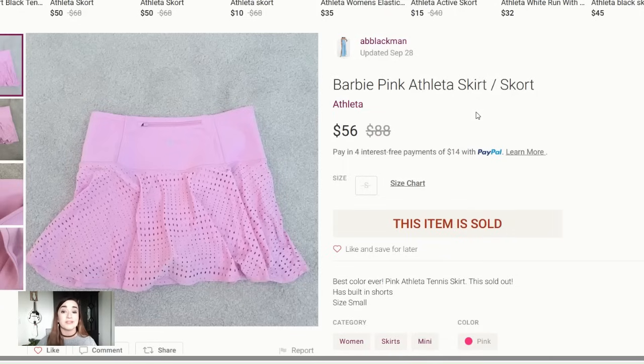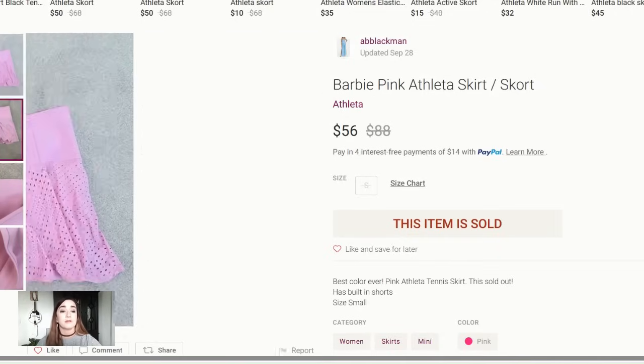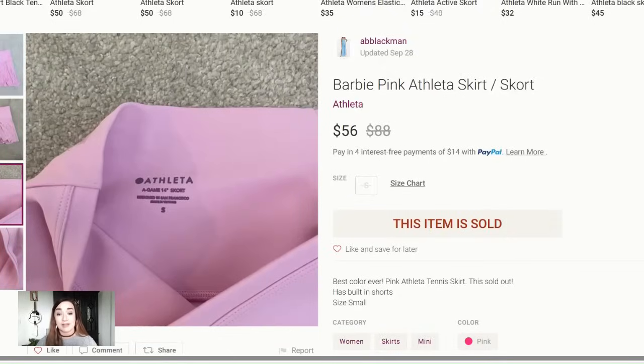And there's a lot of different types of skirts selling, but again, it's really about the color. This is a skirt from Athleta, which normally doesn't sell for over $50, not usually. And so this one did sell for $56. They are using tennis skirt, so that is another good keyword. Tennis prep or tennis core can be another really good keyword to use